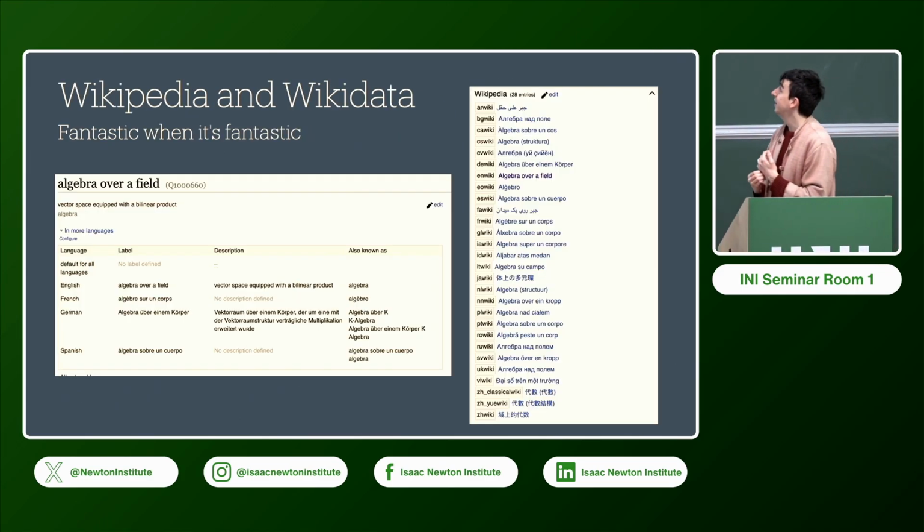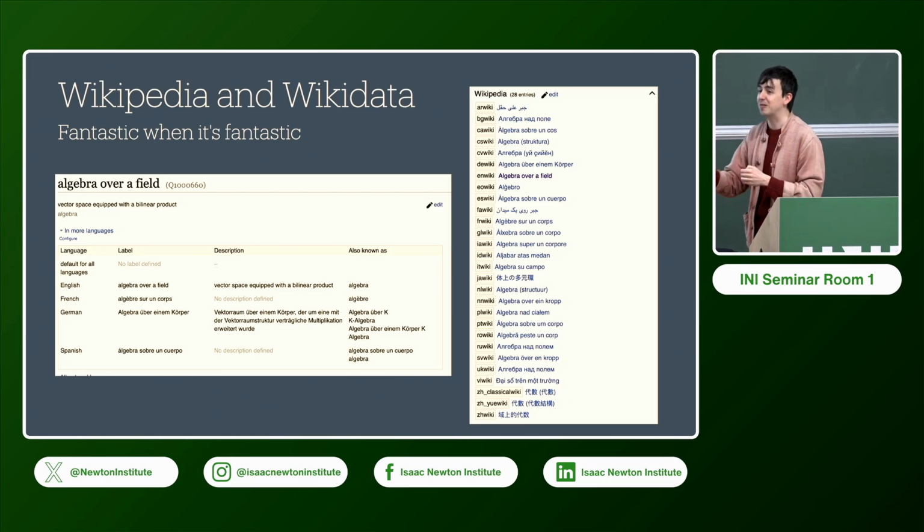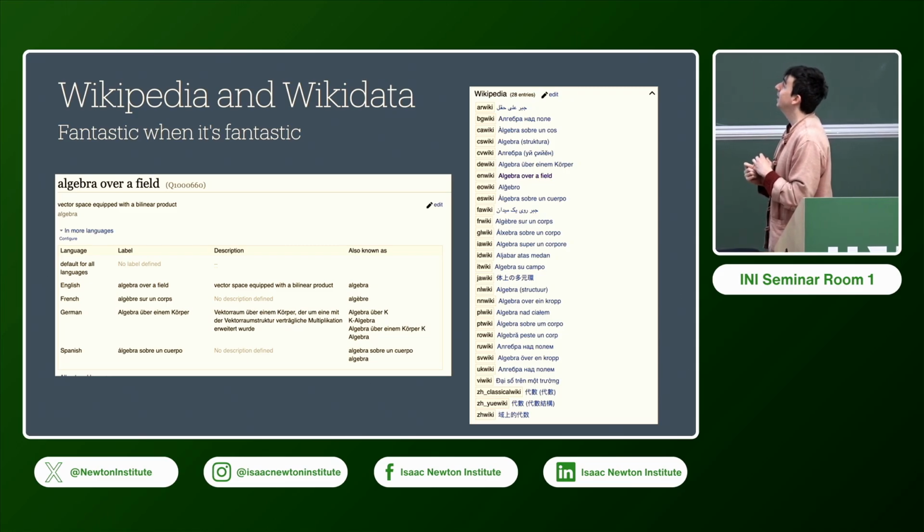Wikipedia and Wikidata in general. So this is 2 screenshots of Wikidata for the entry of an algebra over a field. So I don't know, in some sense I think this is a flawed project, but I think it's a very, very good flawed project. All projects are flawed. I think this one is useful. So there's this thing called Wikidata where they just try to put every concept that exists, let's write it down and give it a number. Great, perfect. You run into some very obvious issues very quickly, but they're still doing it, right? And it's useful, even if it's flawed.